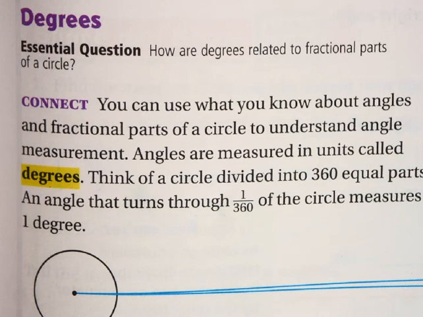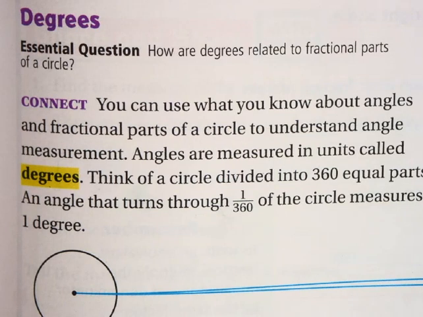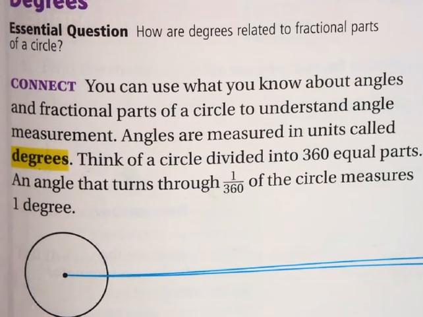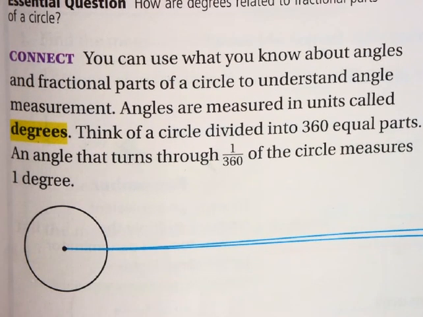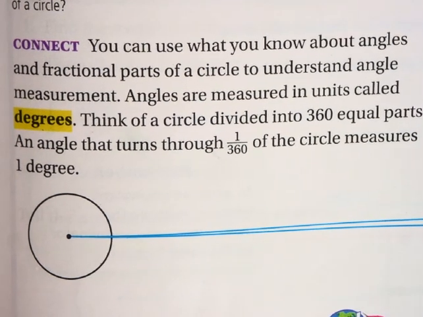We can use those two ways of looking at the measures of a circle to help us have a real great understanding. So we know that we can use what you know about angles and fractional parts of a circle